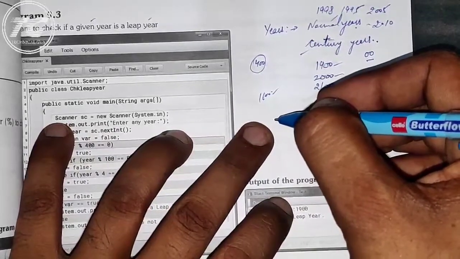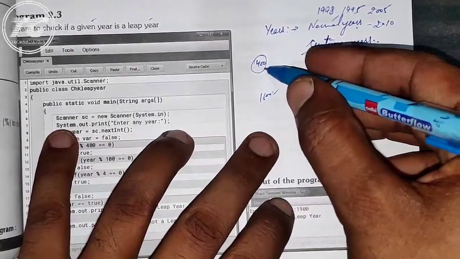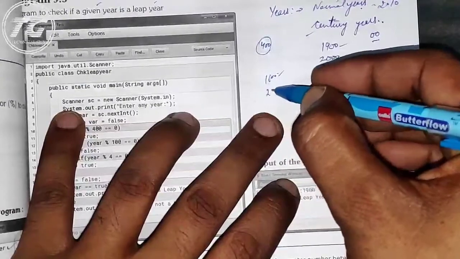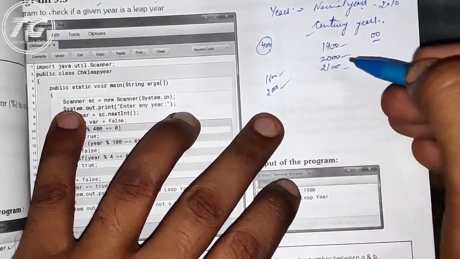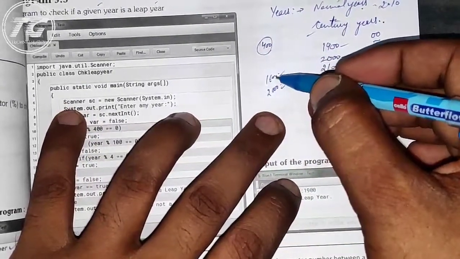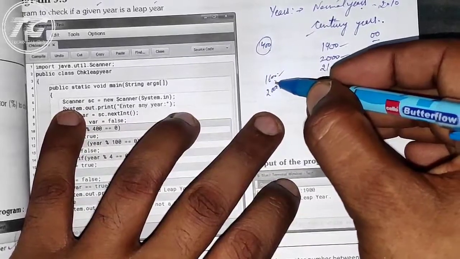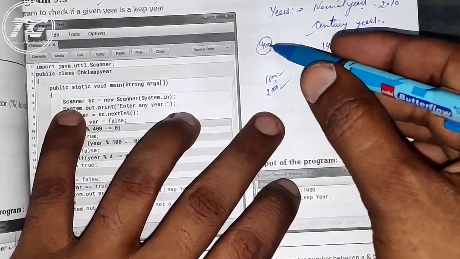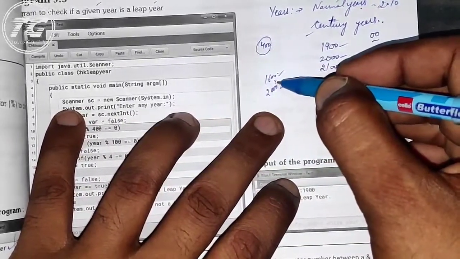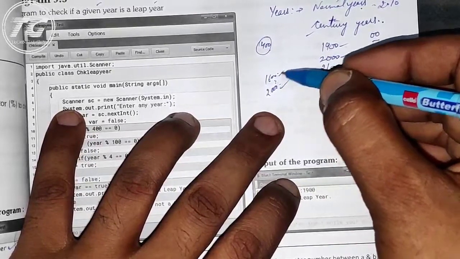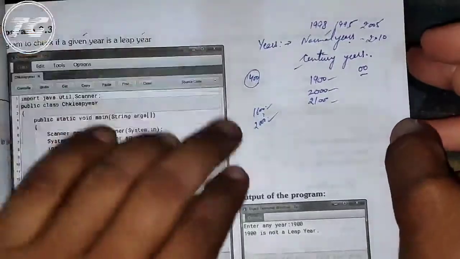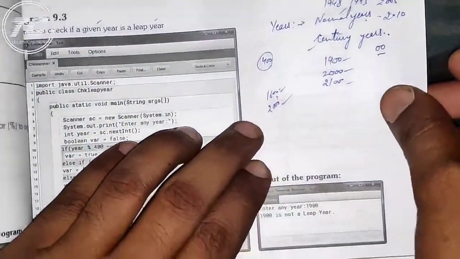Then the next century leap year will come after 400 years, so 2000 is a leap year. In between, 1700, 1800 and 1900 are not leap years, although they are century years. So this is the main thing that you have to understand about the leap year. So now we will see this program.